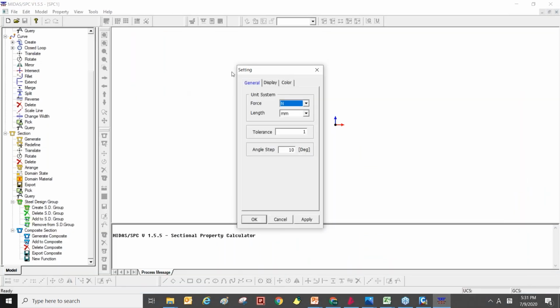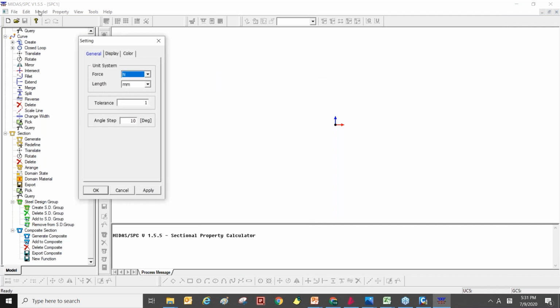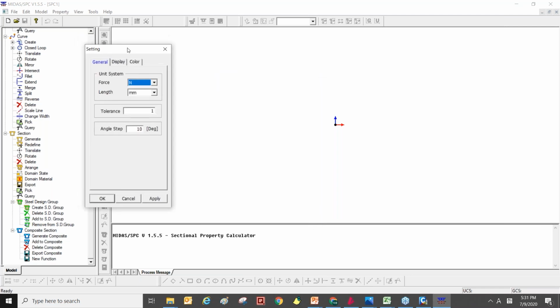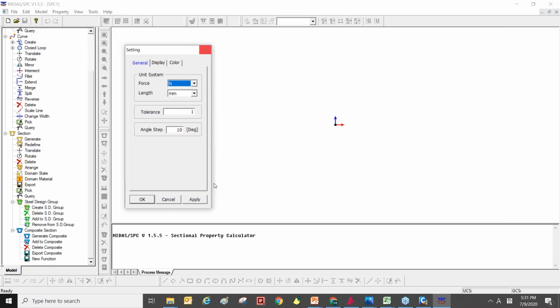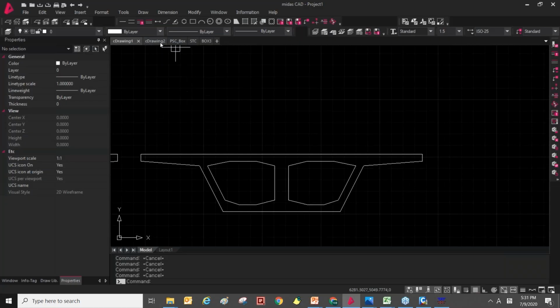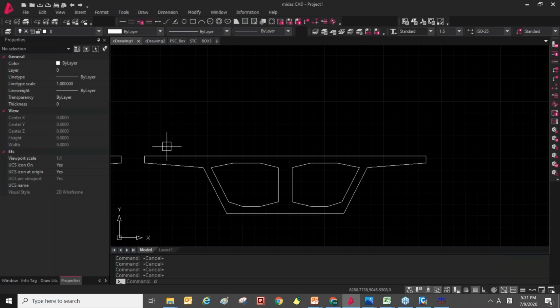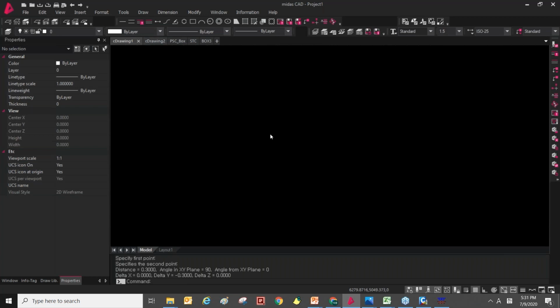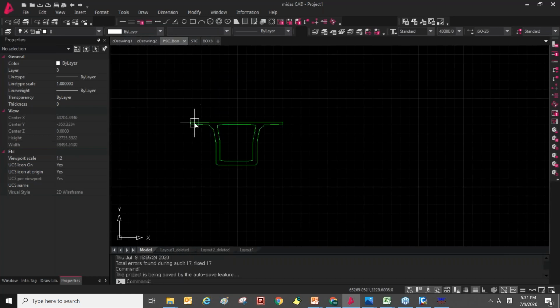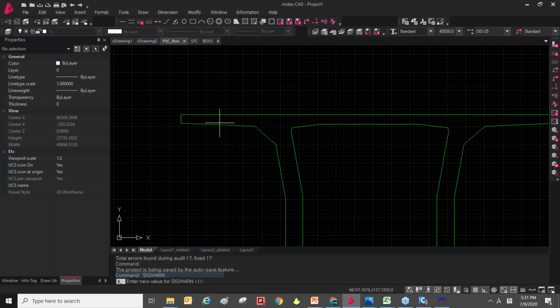So when you open the sectional property calculator, the setting dialog is popped up. It is important to set the unit system, because when you create the section, you can draw the section based on meter unit or millimeter unit, like this.